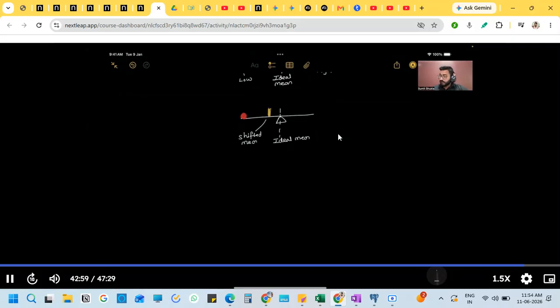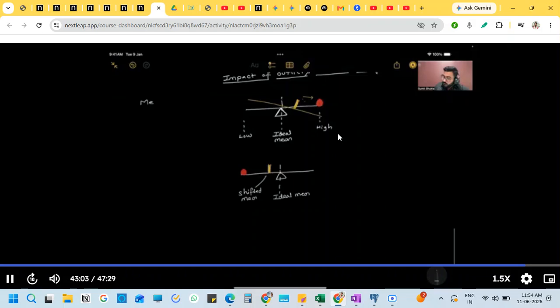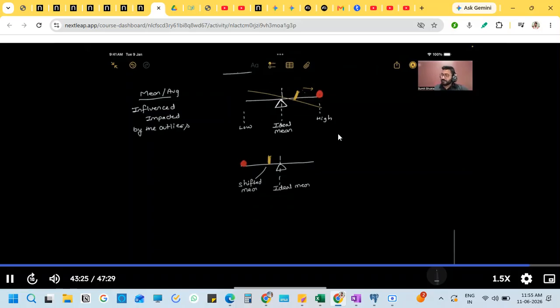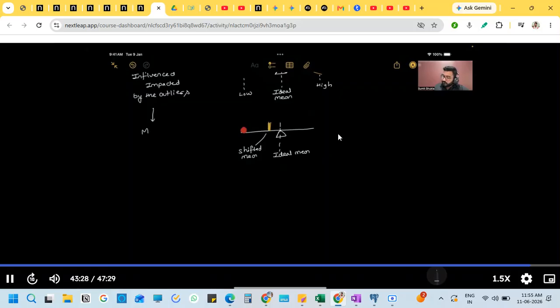So the problem with average as a metric is that it is influenced or impacted by the outliers. And that is the reason we prefer using median, because